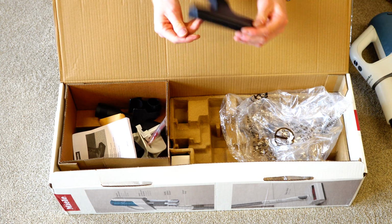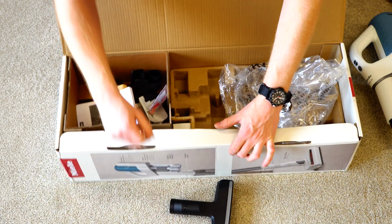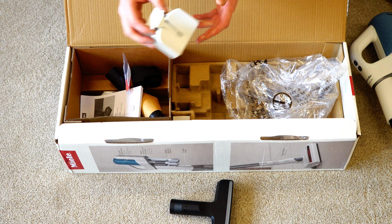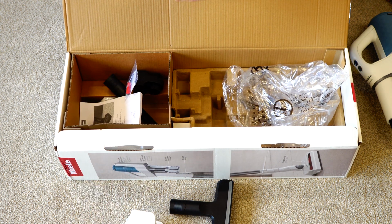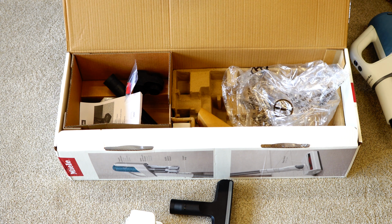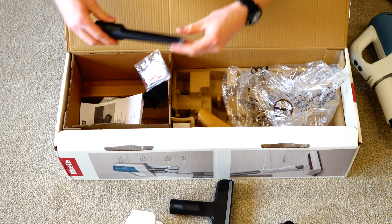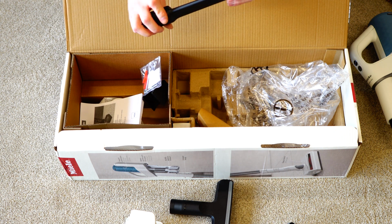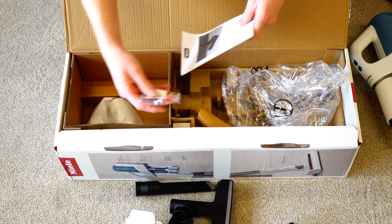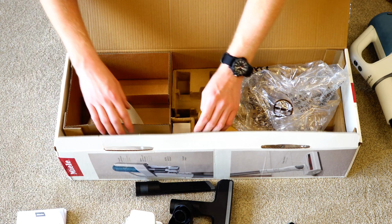Ooh, that is a different upholstery tool we have not seen from Miele before, so that's kind of cool. We have a, oh, okay. So this is the wall mount. Oh, this is exciting. We have new tools from Miele that we've never seen. We have never seen this triangle style dusting brush. That is very cool. We have a new crevice tool with a silicone tip. That is cool. We have a tool holder, some screws, a manual,